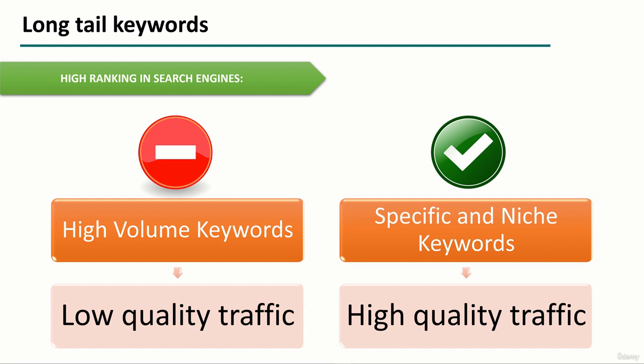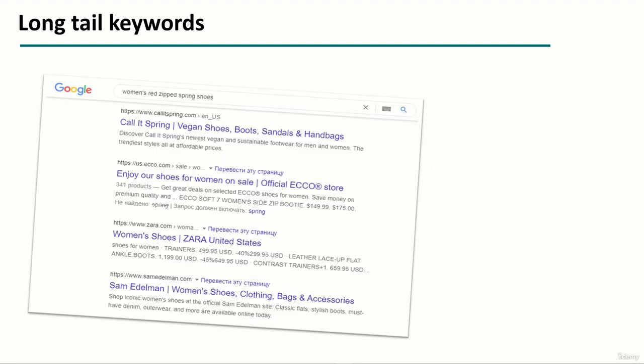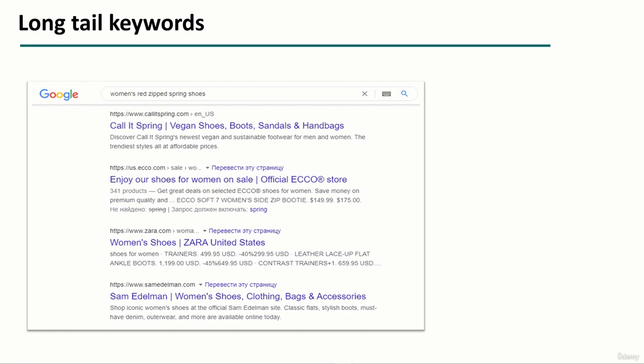Traffic quality should be understood as a visitor interested in your services who is looking for exactly what he needs and what he can get from you. This concept is called the long tail theory. Imagine you're in the bustling world of shoe sales. Naturally, you'd want your site to be the shining star when someone types in shoe store. Yes, we'll desire to ace the main queries, but let's pause for a moment and contemplate. Is achieving the top rank for a generic term always the golden ticket?